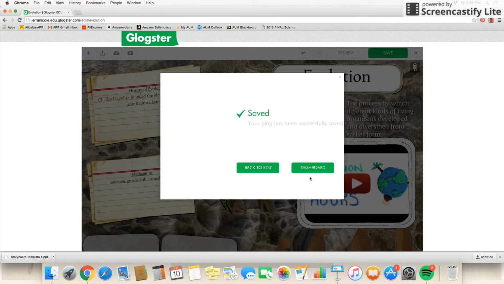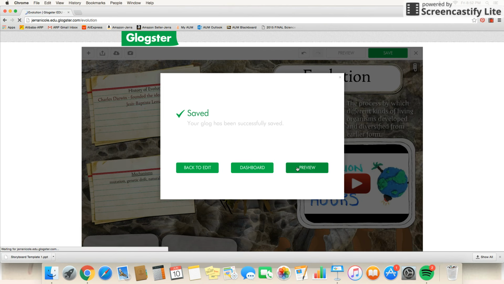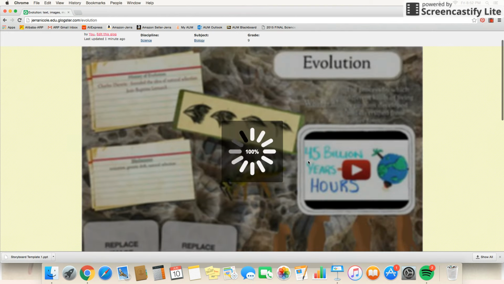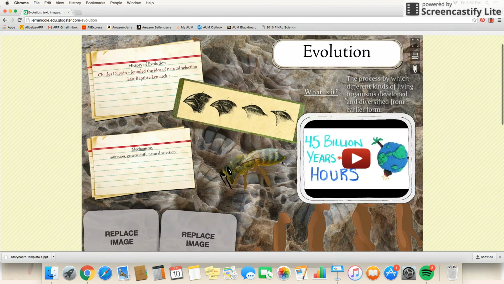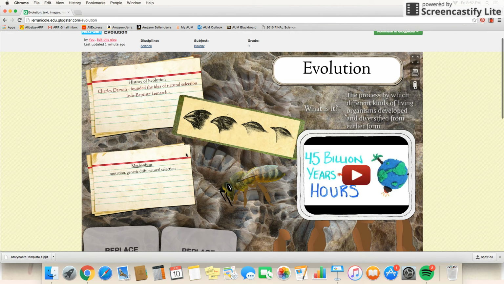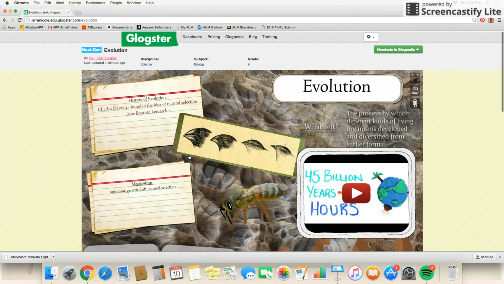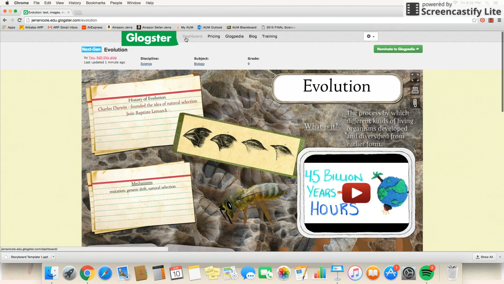And once that's done, you can preview, go back to edit, or go back to your dashboard with all your tabs. I'll click preview. So this is just what it looks like now. You can play the video. Now that I'm done with that, I'm going to go back to my dashboard